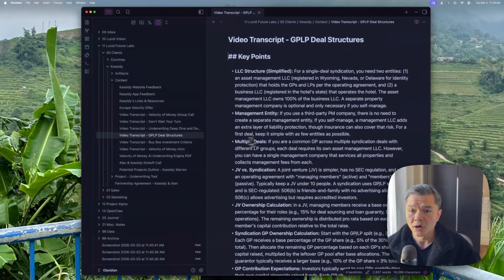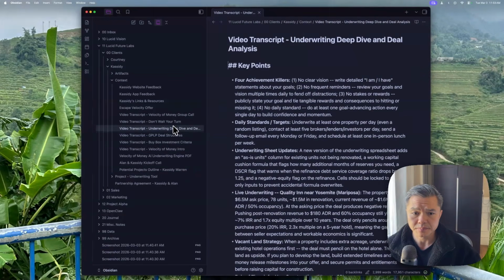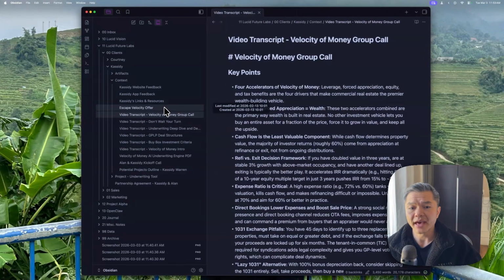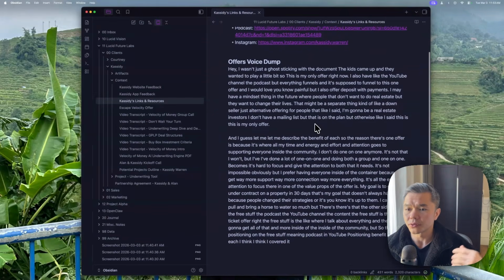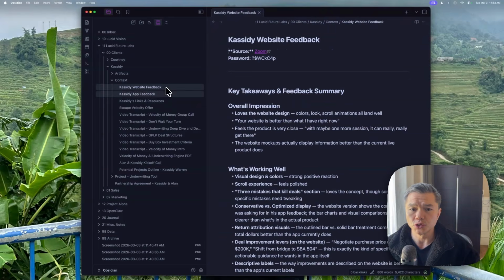So now I have all of these transcripts along with a summary of the key points in different Obsidian files. And then all of these other links and resources, I pulled them out of Google Docs into this context file.